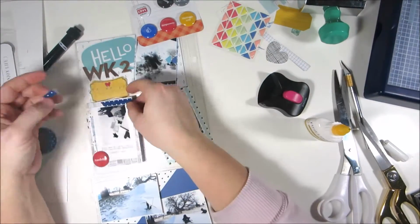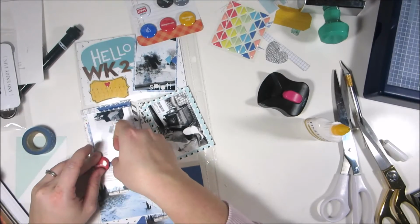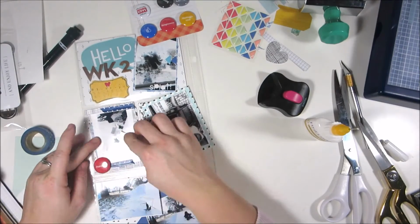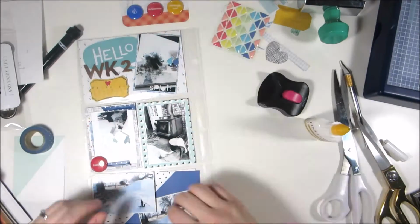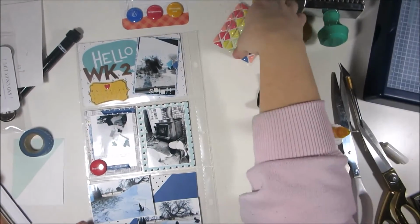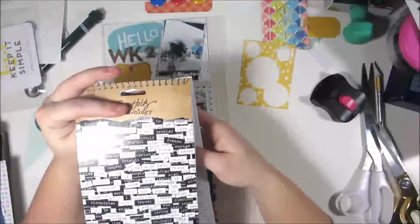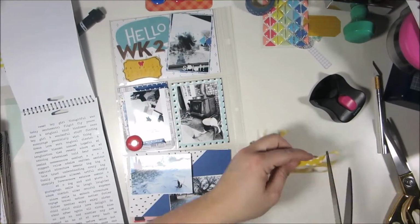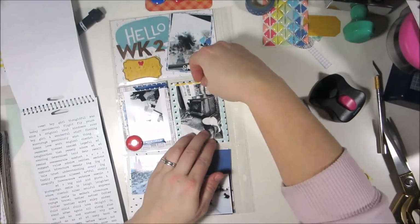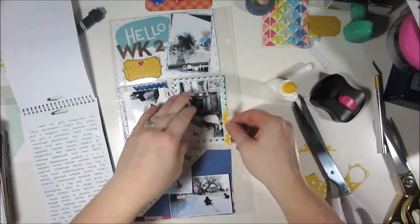I've done a couple of Project Life layouts last year, and then I didn't really get a feel for it, so I stopped doing it. And then of course I did December Daily, which I'm still not finished with. So that was kind of pocket page spread scrapbooking, and I don't know if I like it yet. We'll see. The point for me of doing these pocket pages is because I want to be able to document our week and the day-to-day stuff,